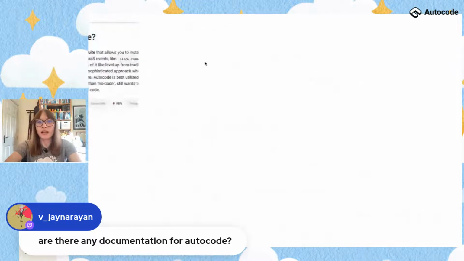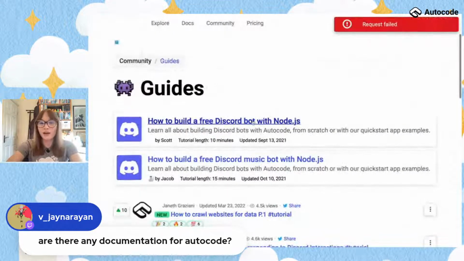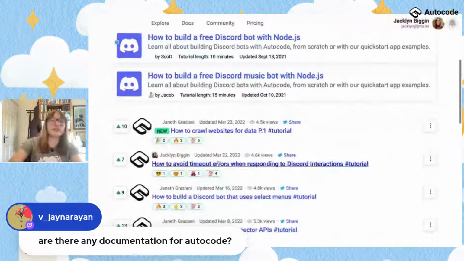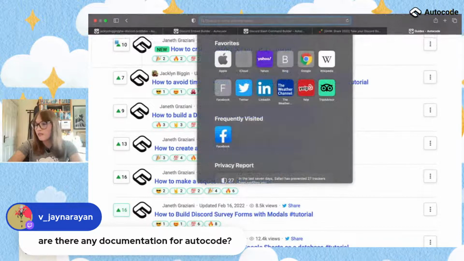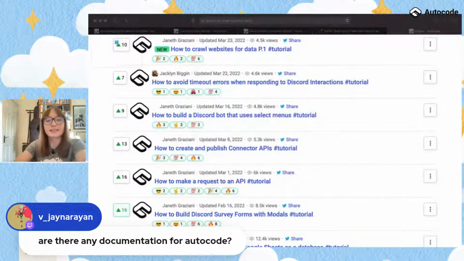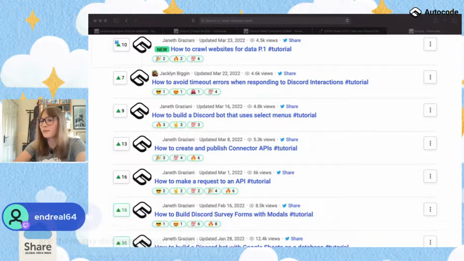Because actually we have a ton of step-by-step guides there on how to crawl websites and how to avoid timeout errors and how to build using select menus. And I think one thing that has been asked a lot of times is, oh my God, how do I build a music bot? If I scroll up, I should be able to find that just here. Yeah, make a music bot, says Central.